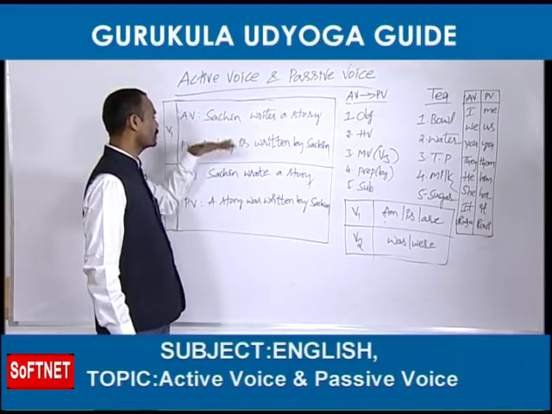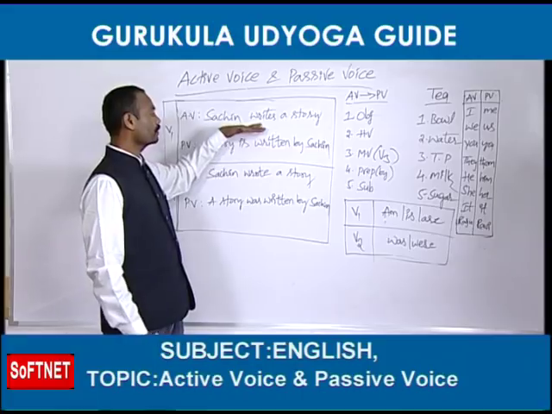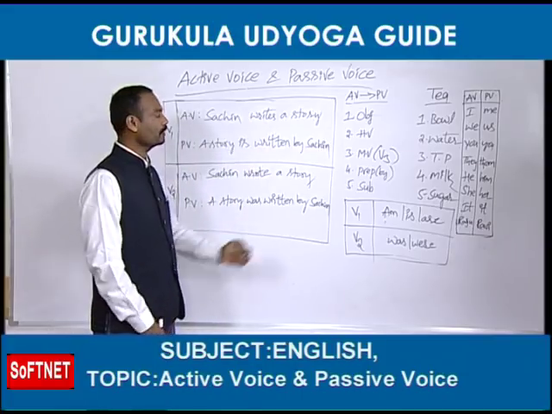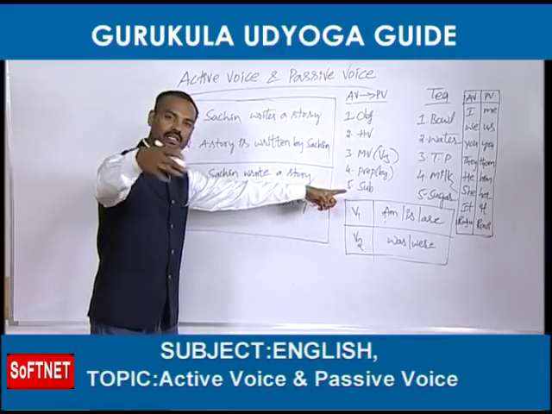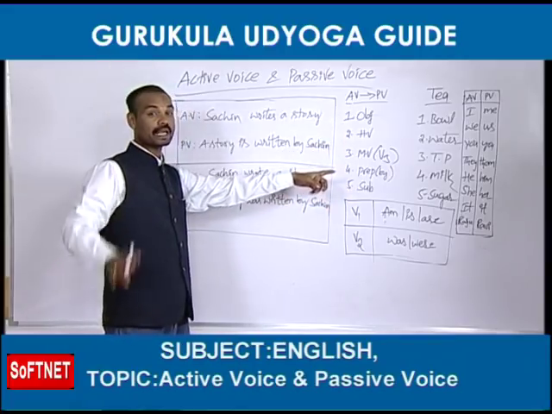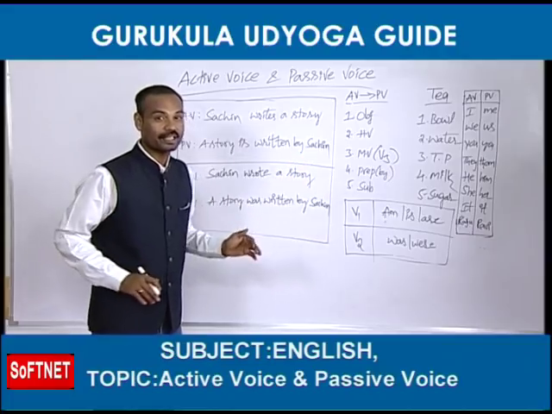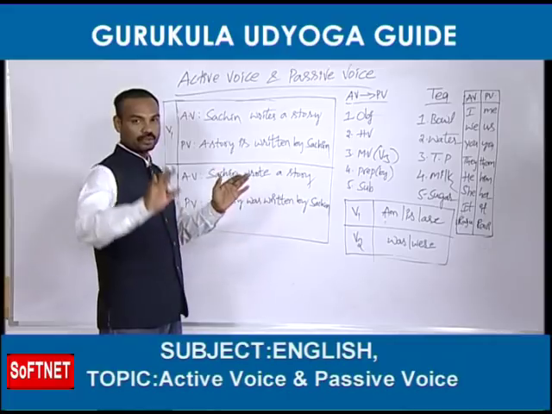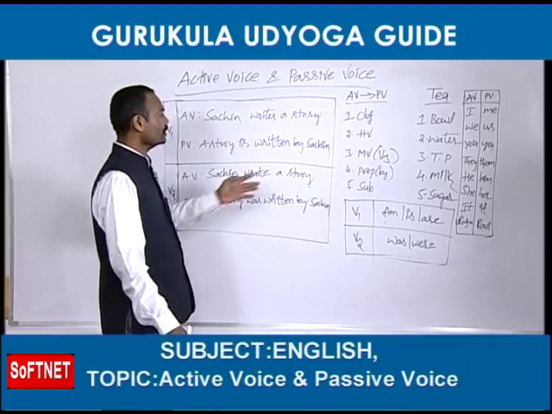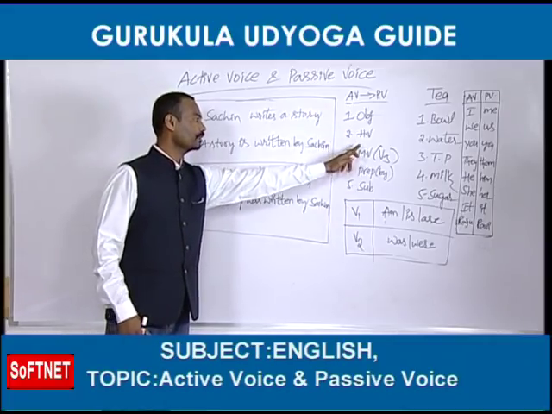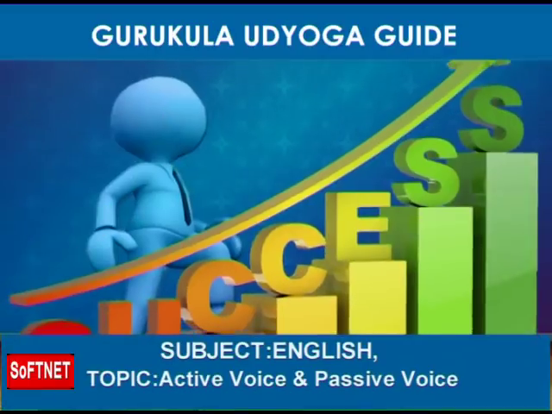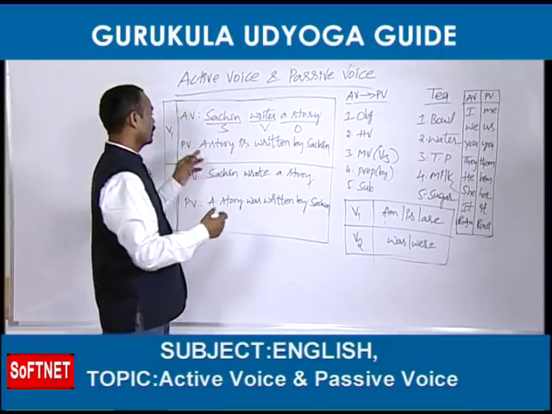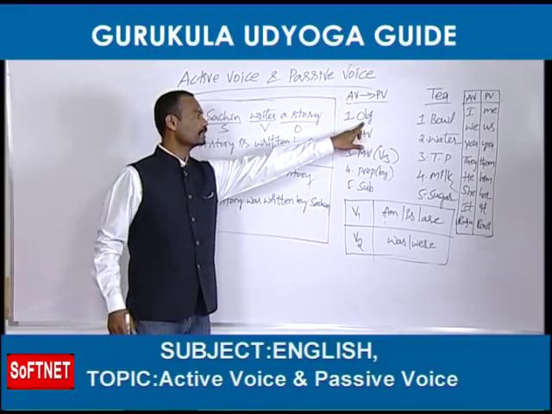Now we are going to change this active voice into passive. To change active voice into passive voice, how many items do we need? I have already told you very clearly. More than 5 to 6 times I have explained. I have eaten your brain like anything, I think, 10 minutes ago. So I won't explain once again. See, 5 items are required: object, helping verb, main verb, preposition and subject. Sachin, this is the subject, this is the verb, this is the object. So passive voice should be started with the object.